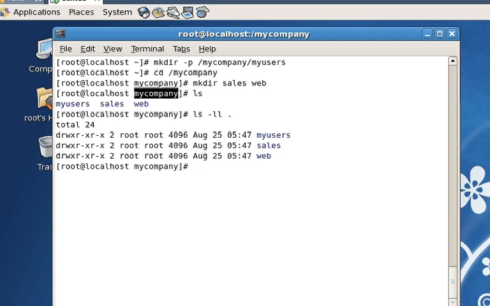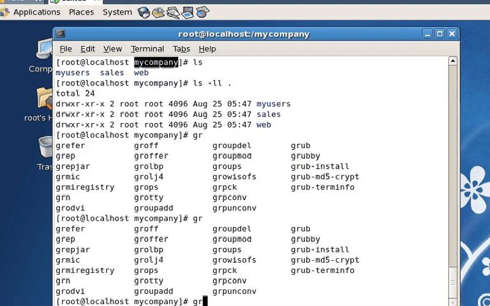So we have to do add group. Okay, group add. I mix it up sometimes, whether add group or group add. So it's group add, and